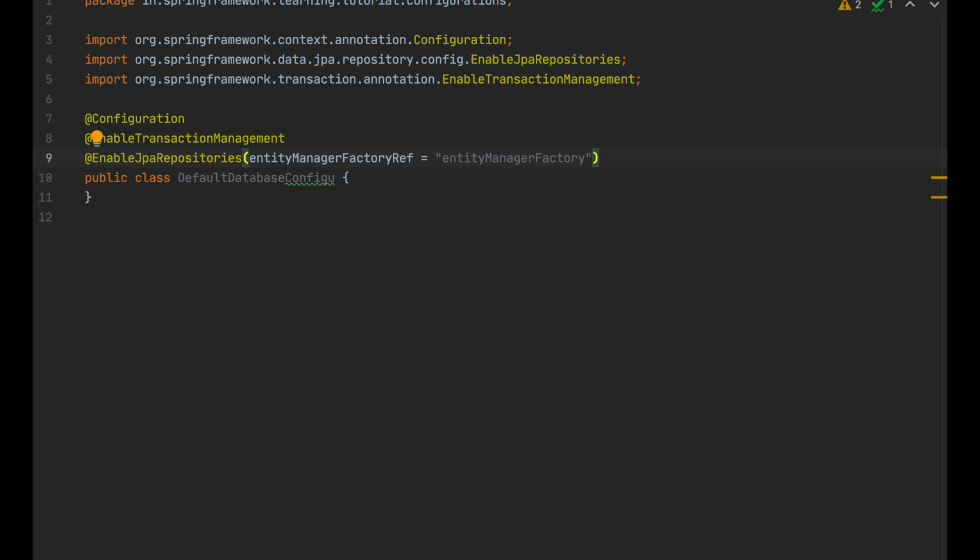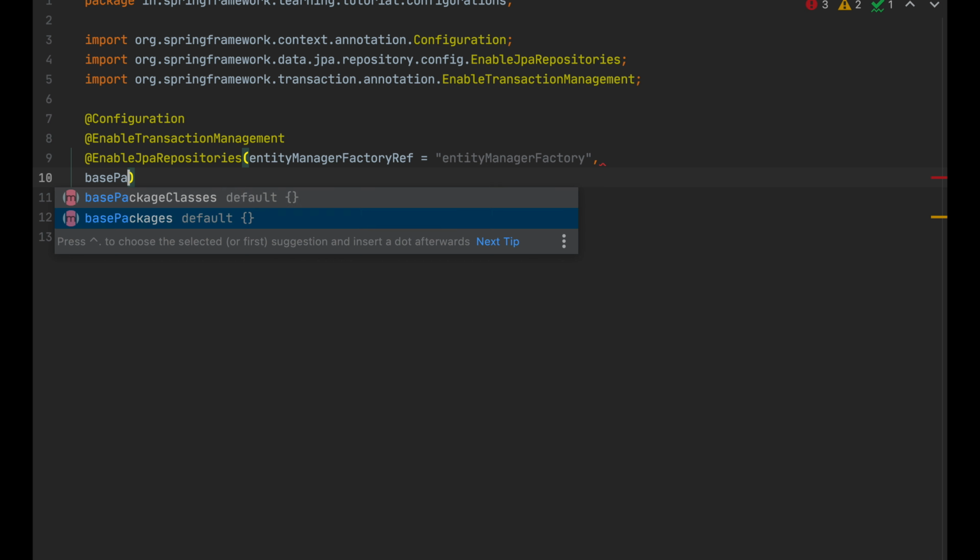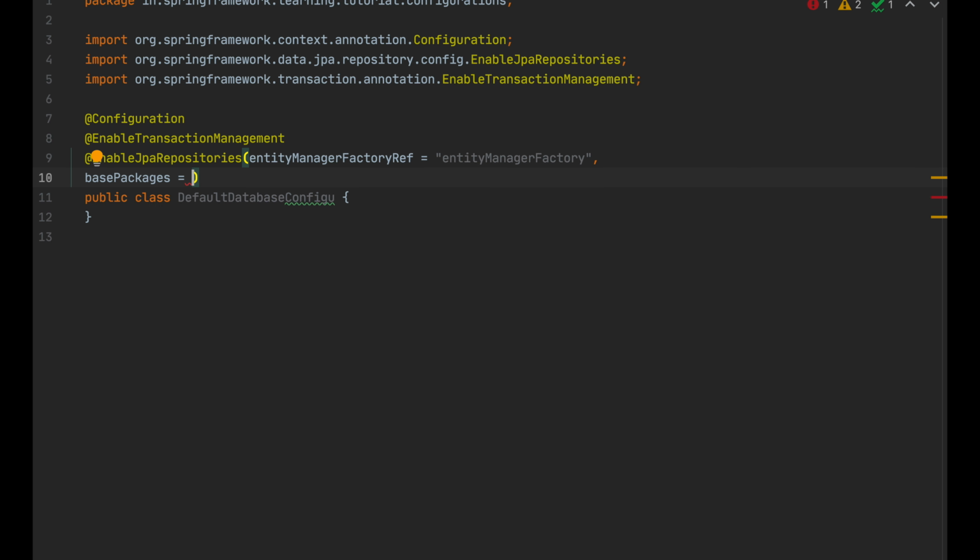And then we have to say what are the base packages that will have all the entities related to this. This is where we are saying where the repositories are going to be. So we define base packages equal to, and we can take this particular path